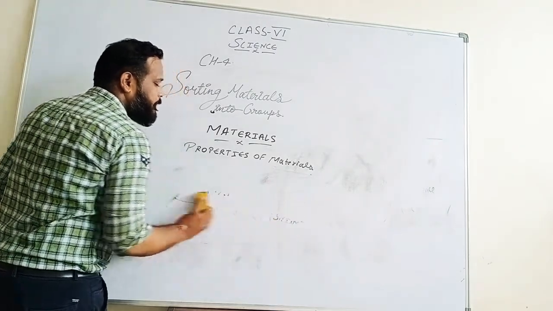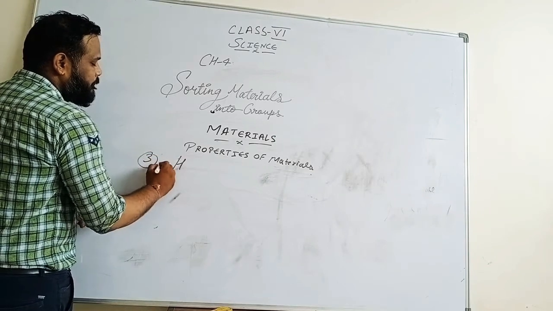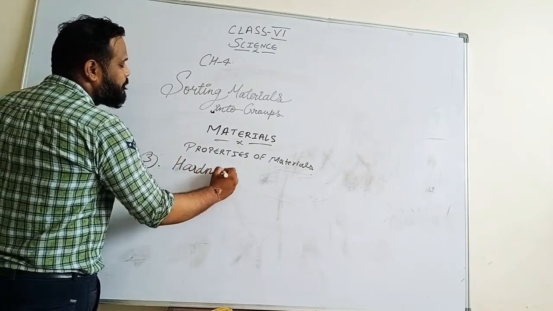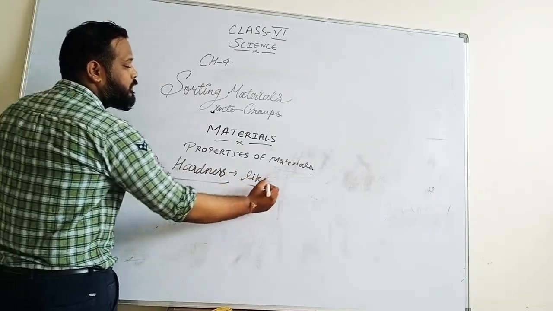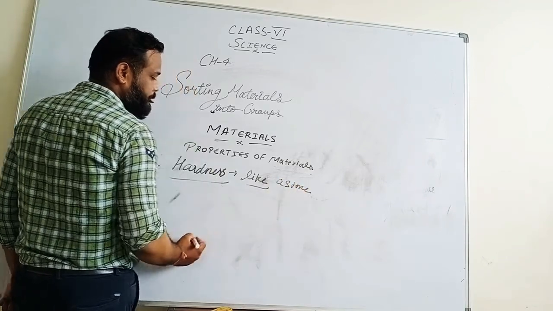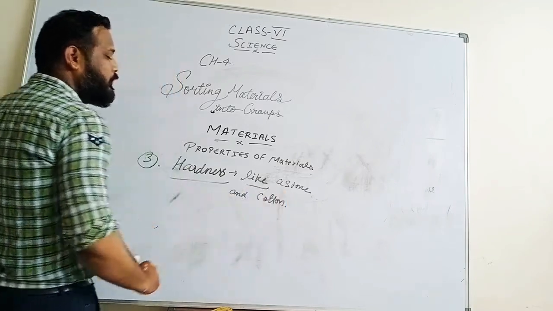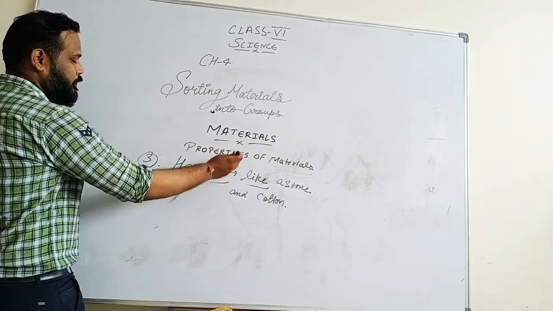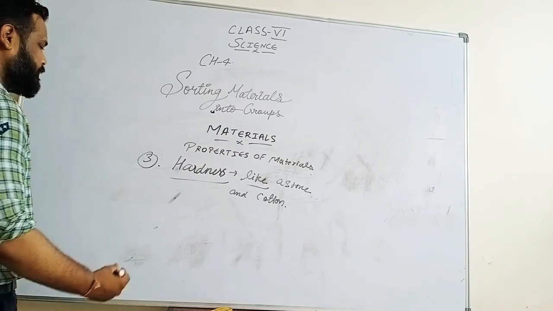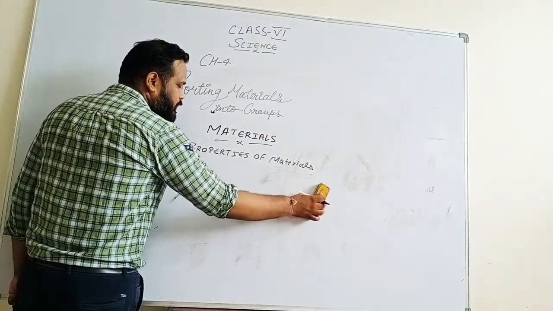Second property after the appearance will be, okay, now what will be the second property? It could be the third in a row. Okay, it is hardness. Now you know hardness. Hardness is like when you have seen a stone and even a cotton at the same time. You could find that stone is a hard substance, a hard thing. The pillow of your house, the cushion of your house are soft. But the iron, this board, see this board is hard. This is not soft like your cushion and pillows. So these are also the properties which can be used to classify things.